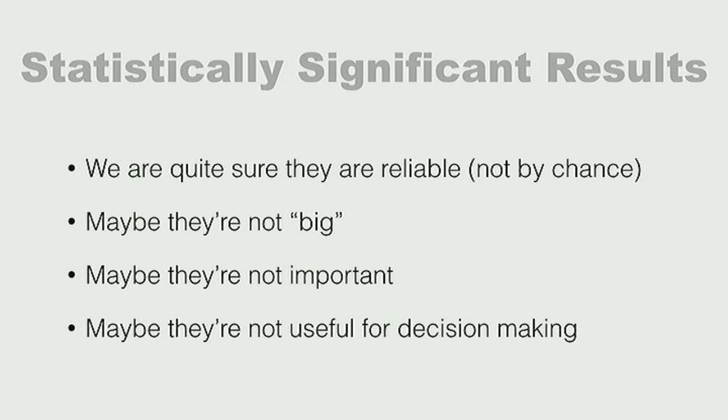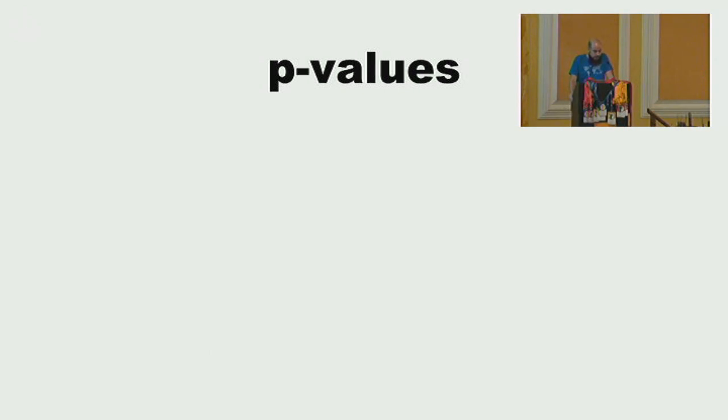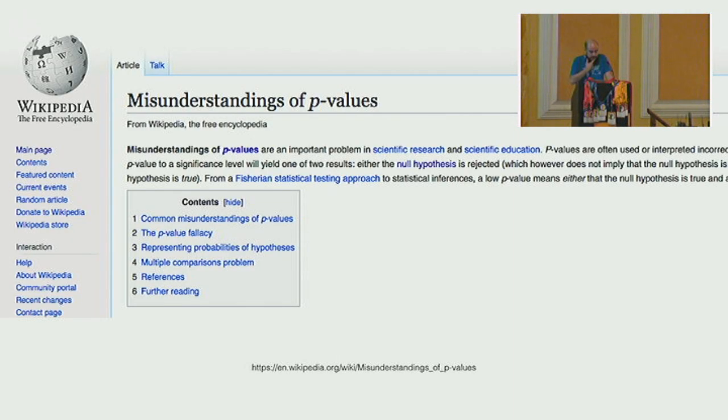So when journalists report on statistically significant results, often they kind of tell a different story. Now, related to the notion of statistical significance, we have a concept of p-values. P-values is one of those topics, when I was a student, basically, I couldn't understand what p-values were. And now, many years later, I wish I could tell you that I do understand now, but I'm still a bit fuzzy on that. So I tried to look it up, and it turns out I'm not the only one who is fuzzy about p-values. There is even a big Wikipedia page about what the p-values are not.